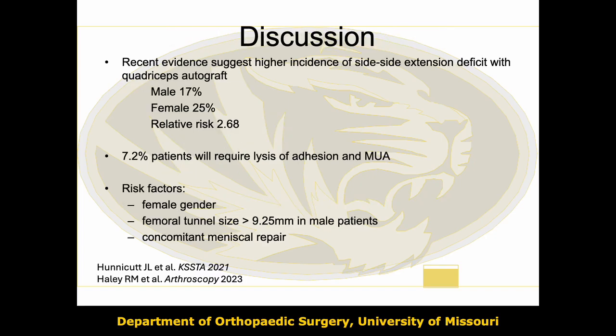Recent studies have suggested that a quadriceps autograft may have higher incidence of extension deficits compared with other graft choices. One study even showed a relative risk of 2.68 compared to hamstring autografts. Another study showed approximately 7% of the patients that undergo an ACL reconstruction with a quad autograft may need a subsequent lysis of adhesions. The same authors further identified risk factors, including female gender, femoral tunnel size greater than 9.25